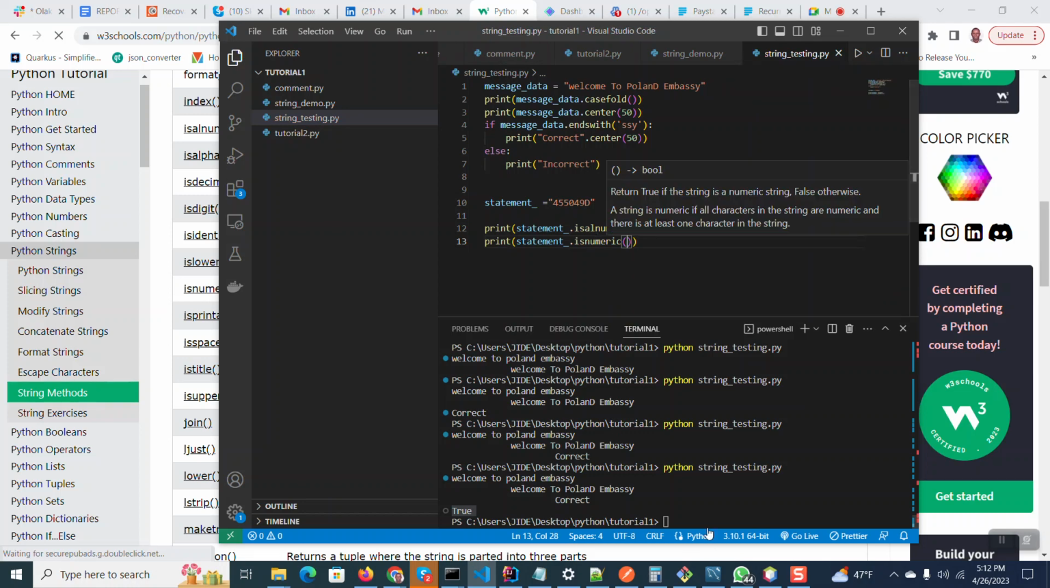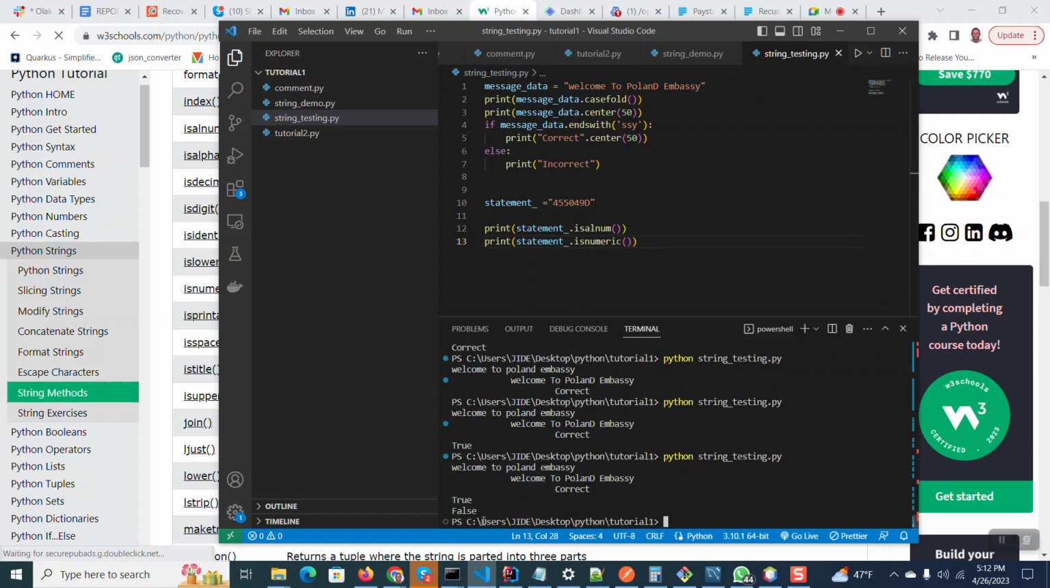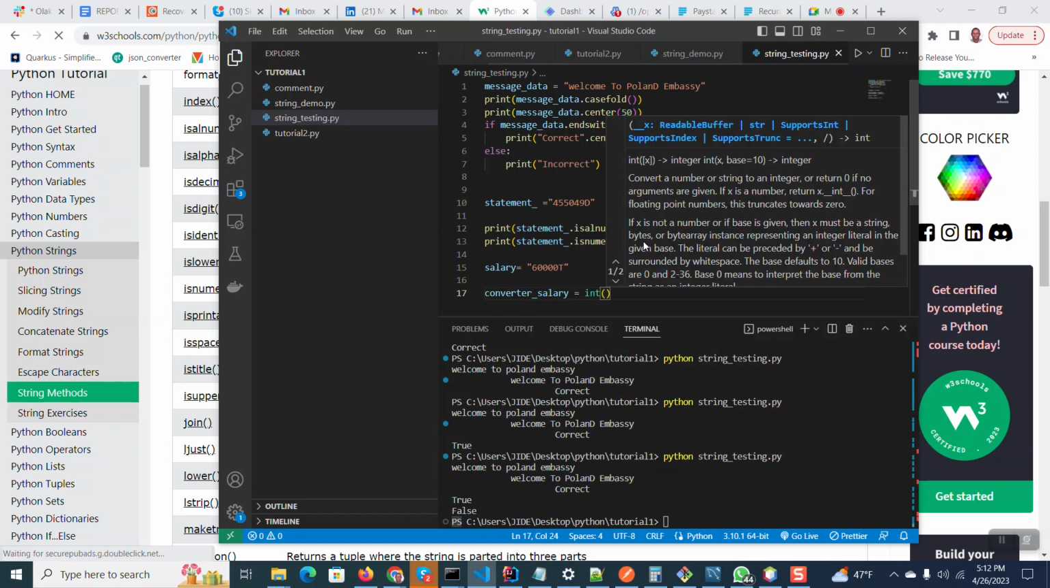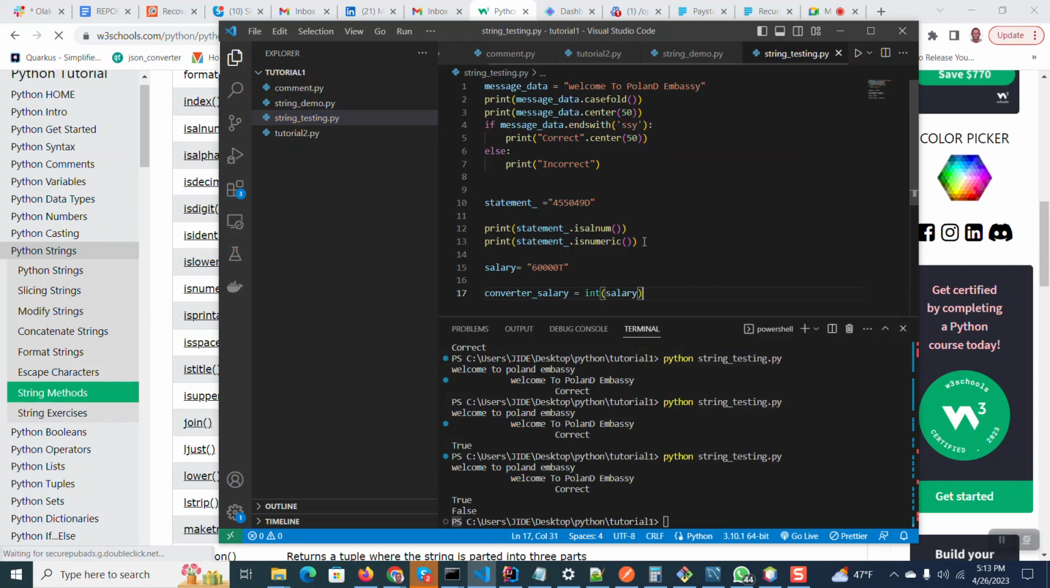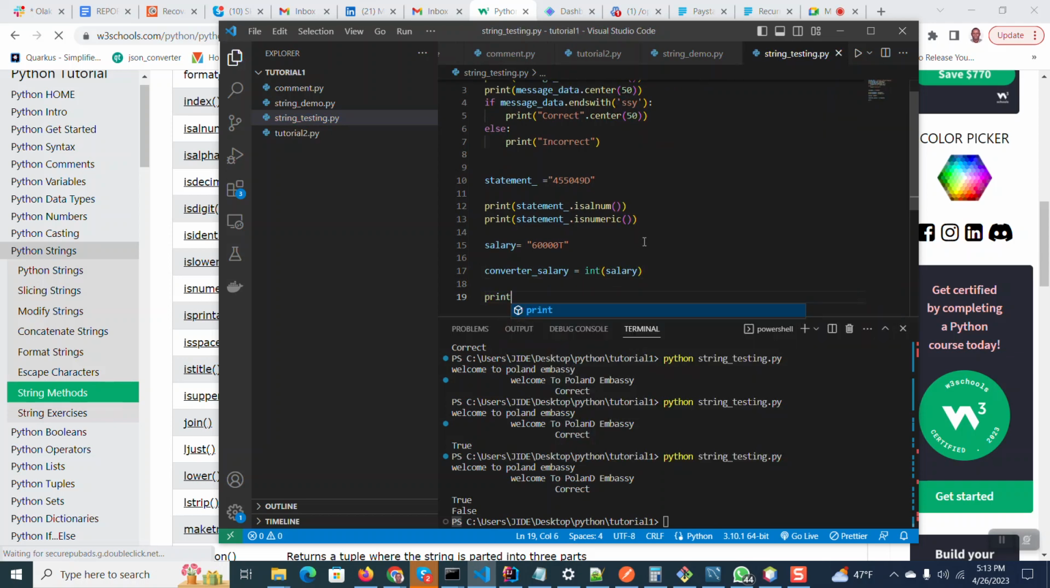It's numeric. It will bring a false, right? Let's say we want to be converting a number. Let's say salary is equal to, let's put it in form of a string. We put t. So now, if you say converted salary is equal to, I can put int, right? Salary. So if I say print converted salary,